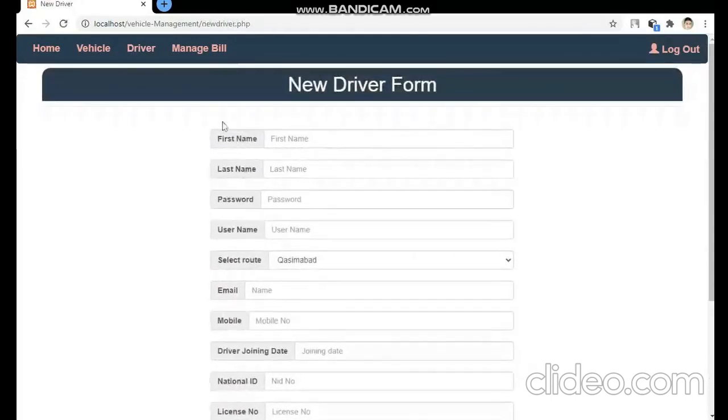Admin can add new driver form. So you can see the first name here. First name, we write first name, then the last name, password for particular driver ID, username, select route, which route is assigned to particular driver, then the email of driver or phone number maybe,